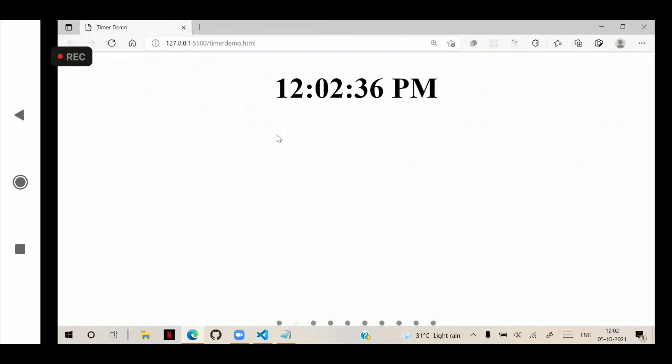But the time is not ticking. That means it's not changing. The time is not ticking, it's not changing. Why? Because at the time of loading the page, whatever time is present, the same time will come. If you want to change that, then what you have to do is you have to configure and define